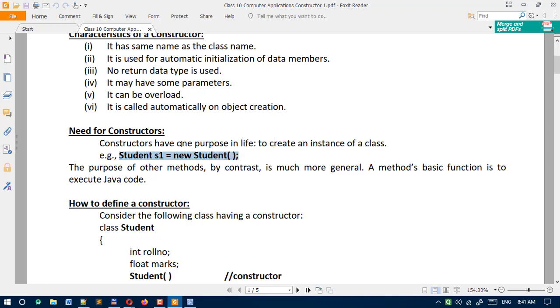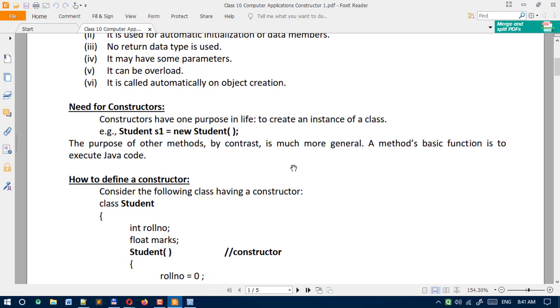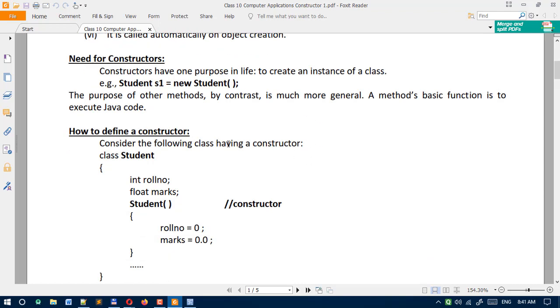So a constructor has one purpose in life, to create an instance of a class. With an example you can understand this one. The purpose of other methods, by contrast, is much more general; a method's basic function is to execute the Java code. Next thing, you can see how to define a constructor.